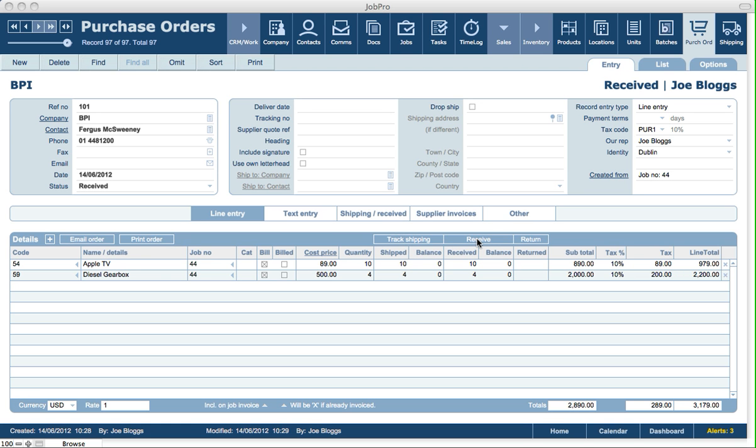Also, when you receive goods on a purchase order, they automatically in the background create shipping records and mark the stock as received. If you track anything by serial numbers, you can input those serial numbers on receiving goods. And you can also do returns from a purchase order as well, and that'll create shipping out records back to